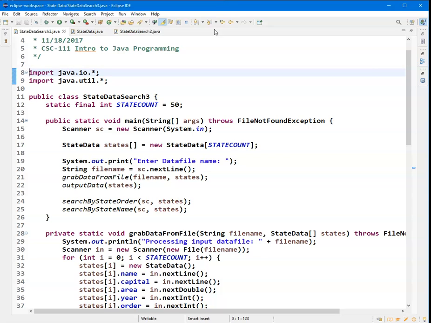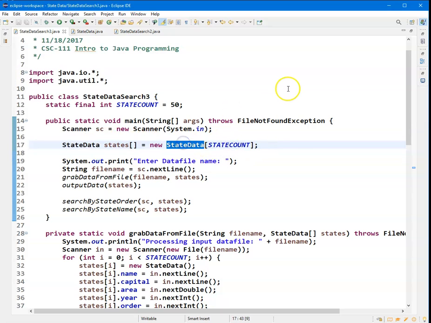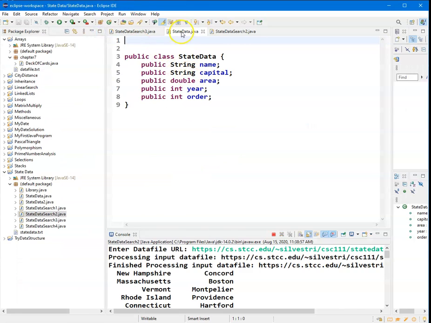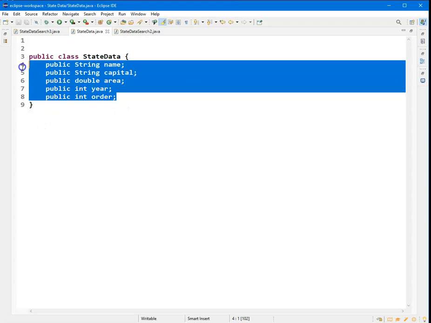This time you'll have one array here, and this is kind of interesting in that what we're storing isn't an array of strings. We're storing an array of what I call state data. This is our own class called StateData, and StateData is defined like so, right here. It's a new public class StateData, and in there I bundle together all the information that has to do with a particular state. This makes much more logical